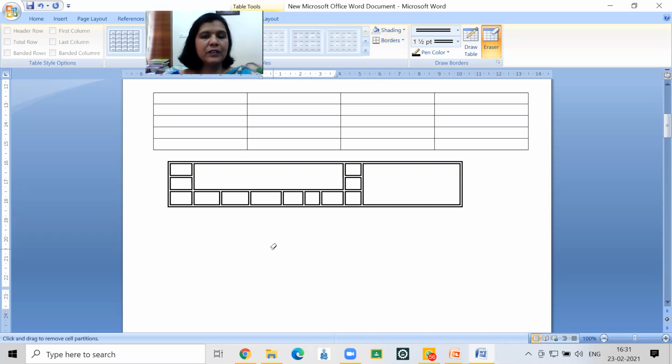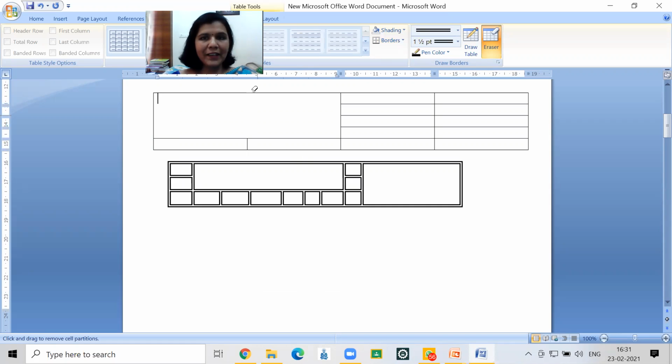Eraser will remove the things. Okay. Likewise. Okay. Then next option that we will see is, we have seen convert text, we have seen insertion, we'll see the